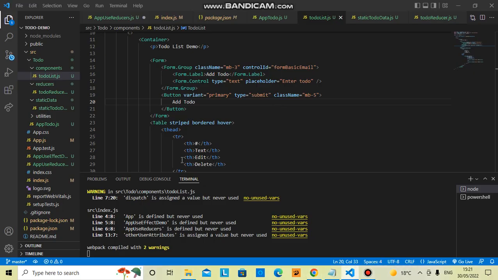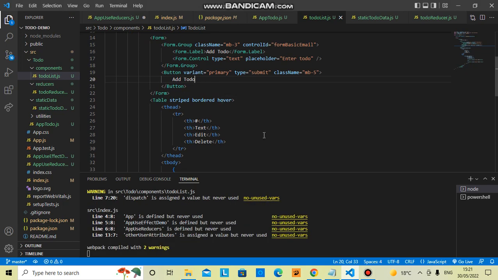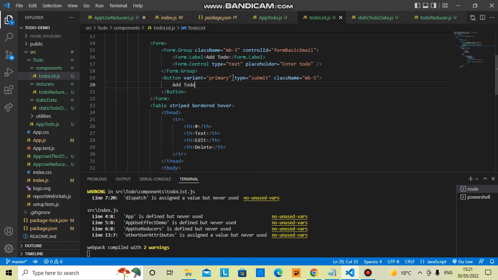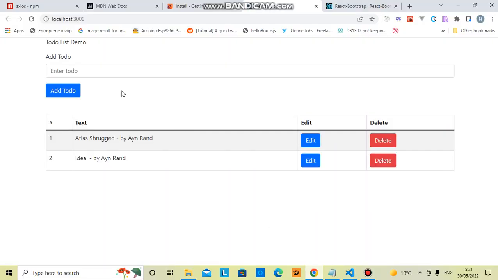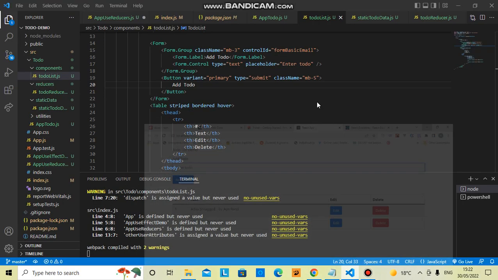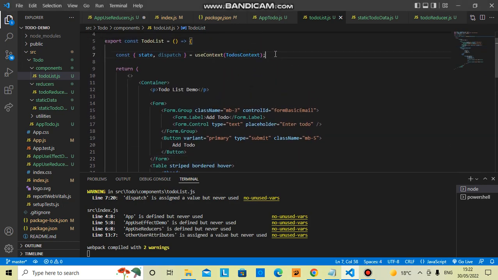Oh, interesting. Okay, so to add a todo, what we will need to do is this input component, that's the text field. When we enter the data, it's supposed to be dispatched to our reducer, which will add it to a todo array and then reflect it here. So let's do that. We'll create